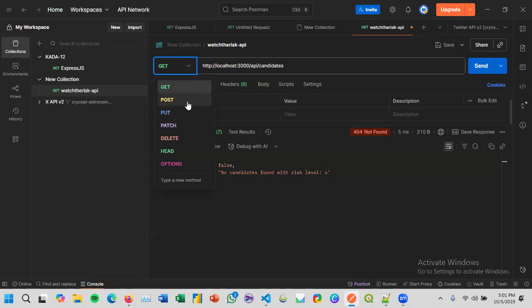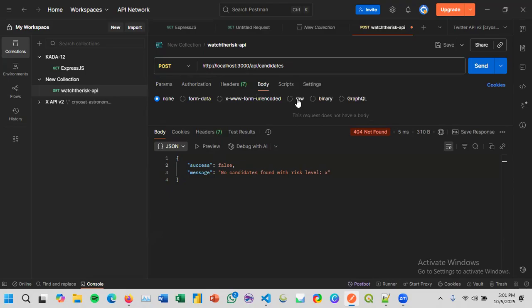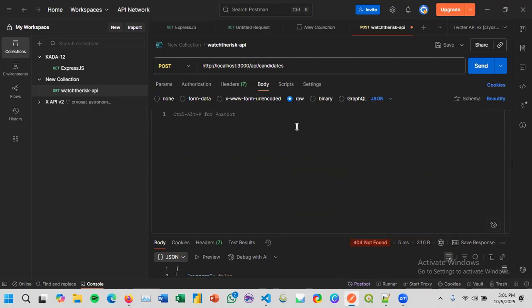We will use the post method, and then we move to body, raw, and JSON. And then we input the data that we want to input.